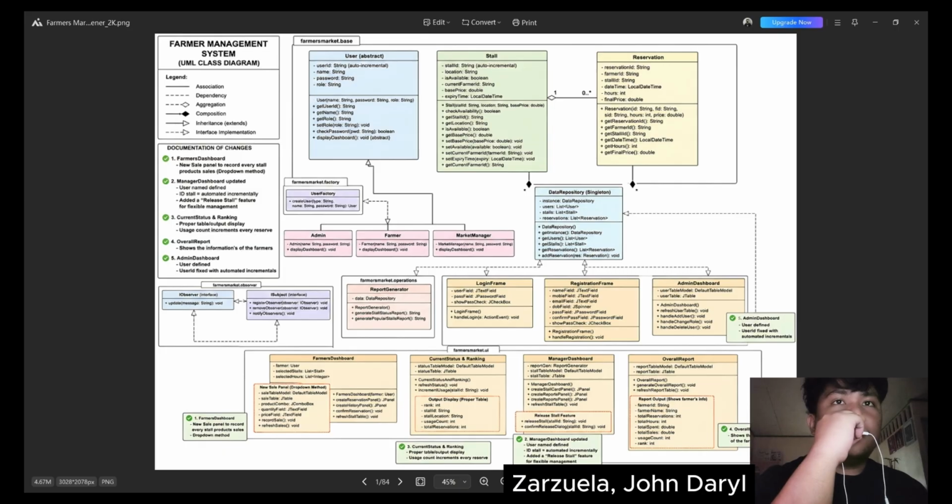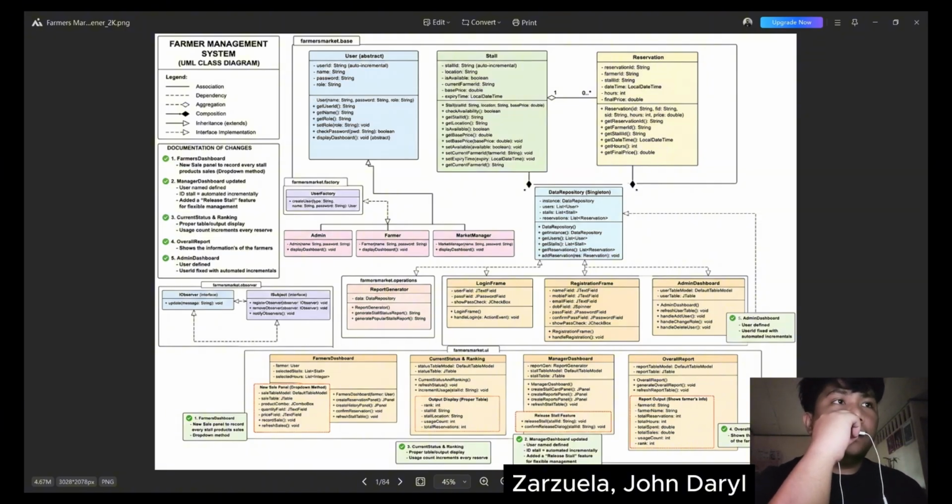The user factory class is responsible for creating user objects automatically based on the type of user being registered. Instead of manually creating objects for admins, farmers, or market manager classes, the factory simplifies the process and improves system organization.